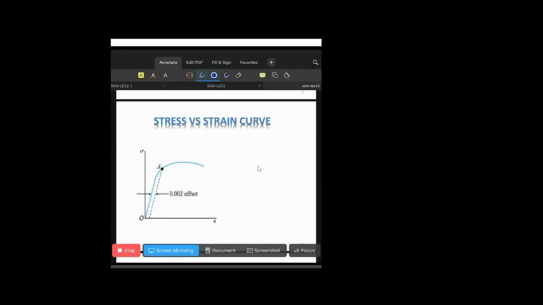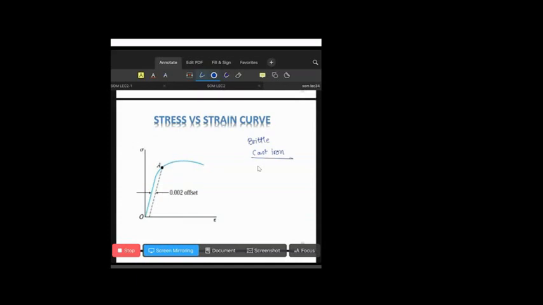From the first instant, stress is proportional to strain for some time, but after that we will not get the zone-like structure in brittle material. Whenever we perform a tension test on brittle material like cast iron, we will not get a properly divided zone structure in the stress strain diagram. We will directly get a curve like this. Okay, will it be okay?